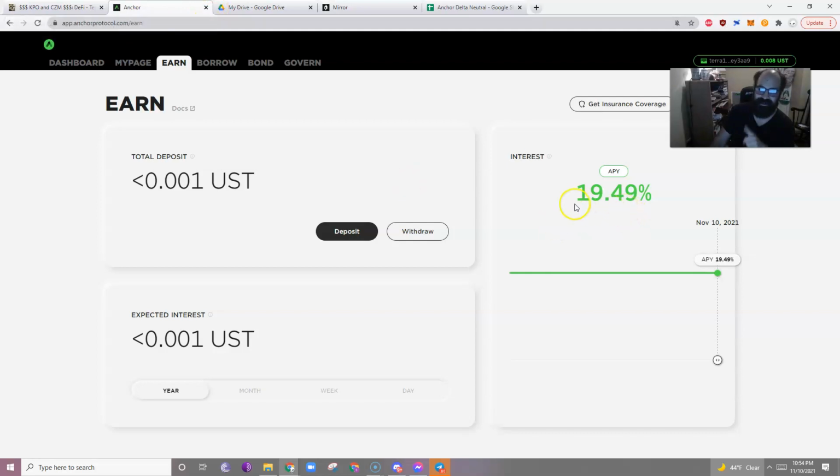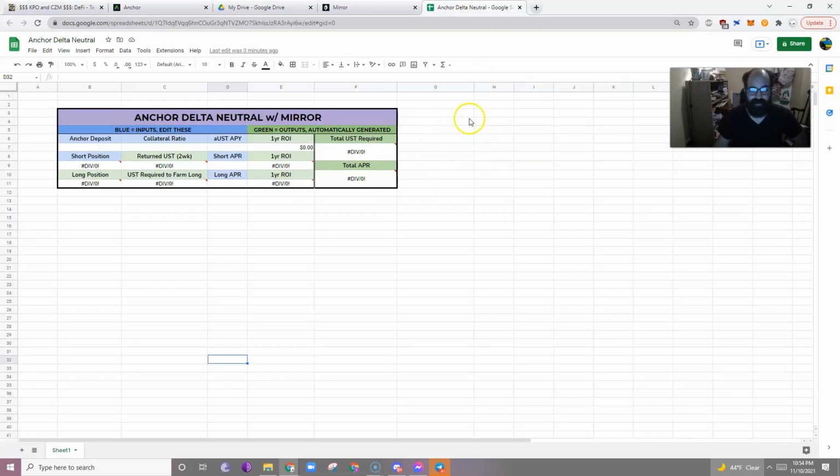So, how can you turn this 19.49% APY into 44% APR? And maybe even higher APY? Well, it's actually not that difficult. But what you will need, I guess I'll put it over here. What you need: